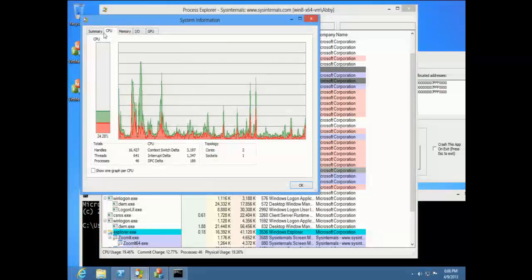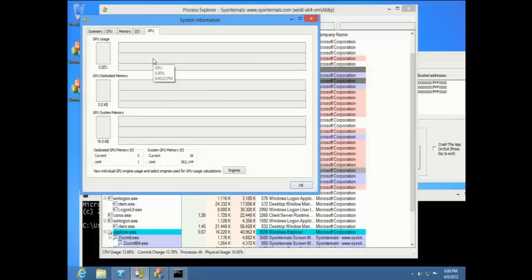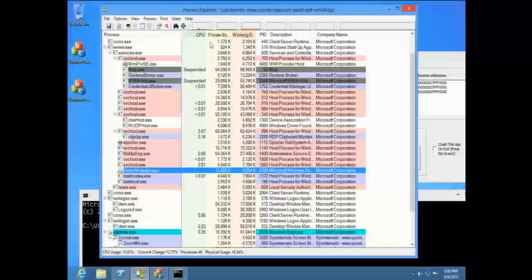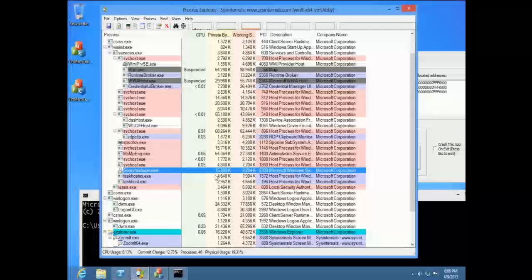The System Information dialog now has GPU, Graphics Processing Unit, data as well. So this is new as of, I think this was the one that came out right after the book came out. So it can show you the hardware that's affiliated with graphics processing and how that's being consumed. That also appears in a number of other places. There are new columns and a number of other locations where that information is surfaced.